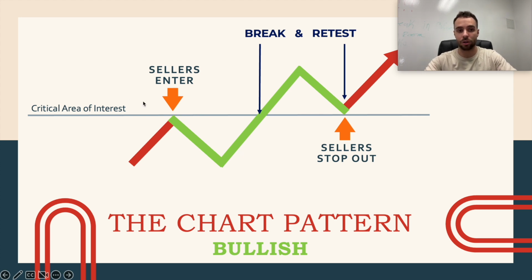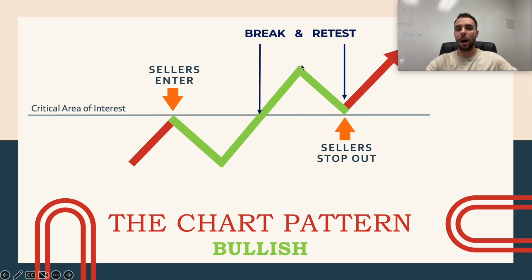So you have that critical area of interest. Buyers now push through that zone, and these sellers are now in a position where they are in a losing trade, right? These sellers are now in a losing trade. Their trade has gone against them, and now they're experiencing pain in the market. The trade is not going in their favor, and now buyers are taking control. They were stronger than this seller who showed up here, okay? So now,